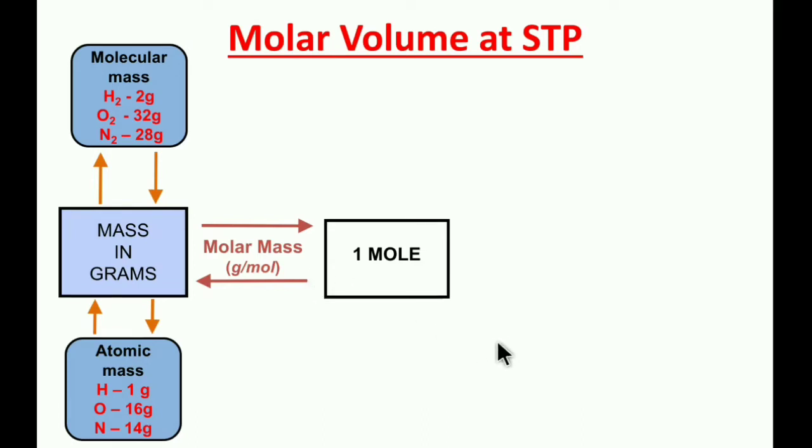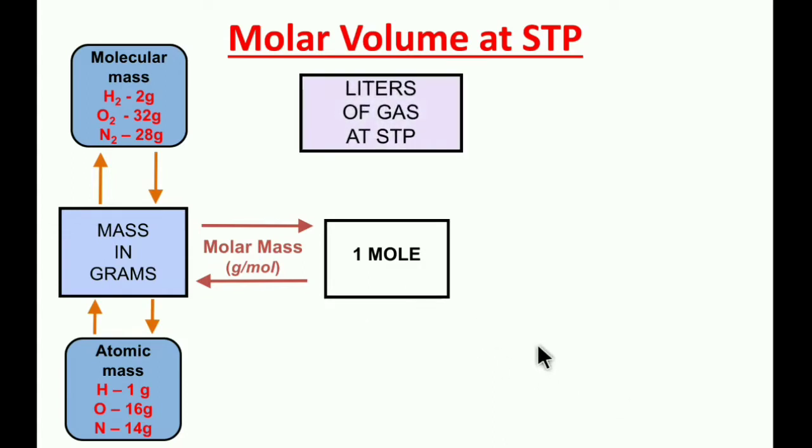Let us go through the molar volume now. Molar volume is generally expressed in liters of gas at STP. That means while we are discussing molar volume, we have to measure it at STP. And this molar volume is only applicable to gaseous substances, not for other substances. If you take any one substance in your equation in gaseous form, then we can make it equal to the molar volume. That means we can convert grams into liters, that is, mass into volume.